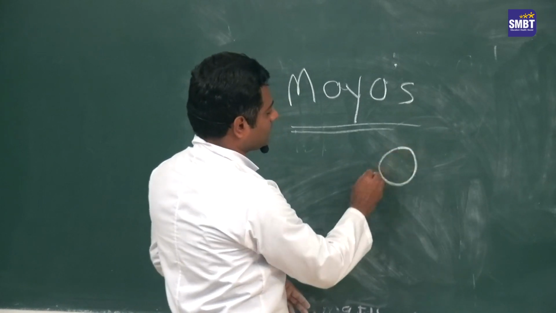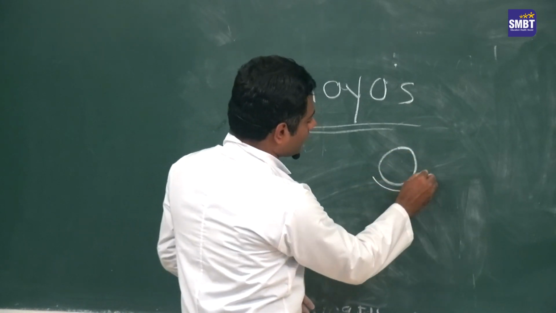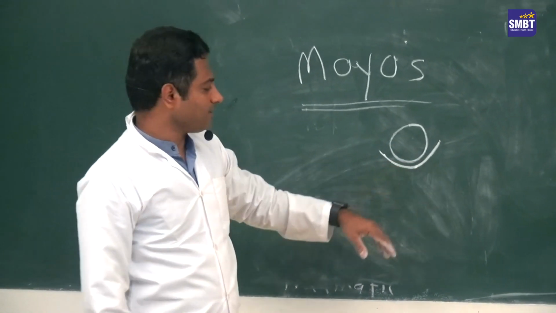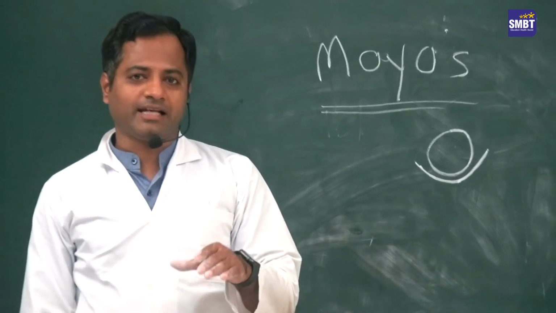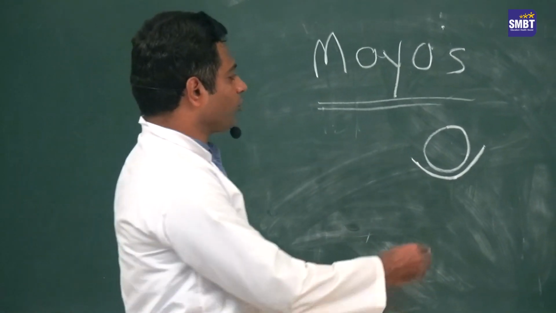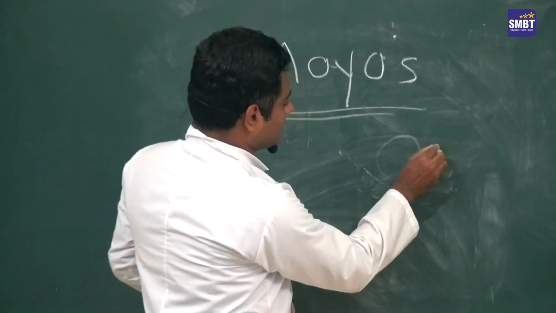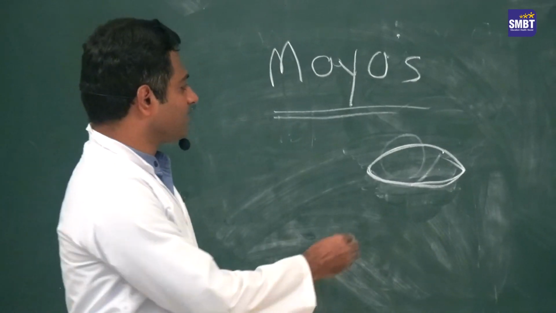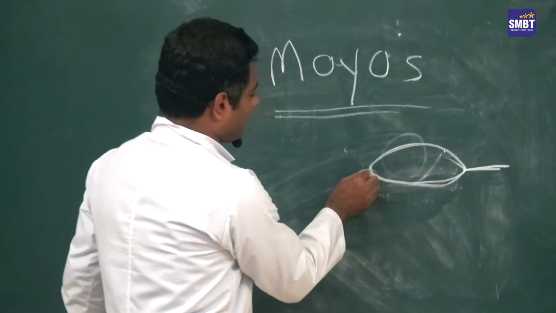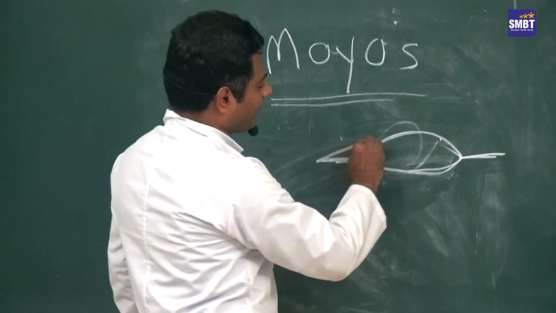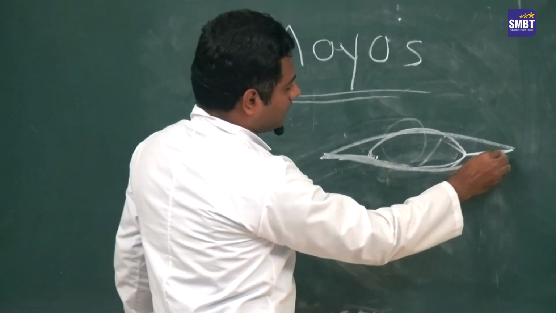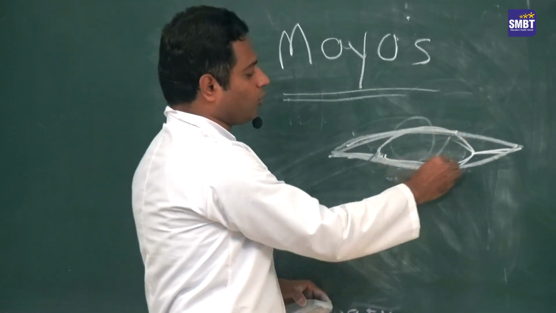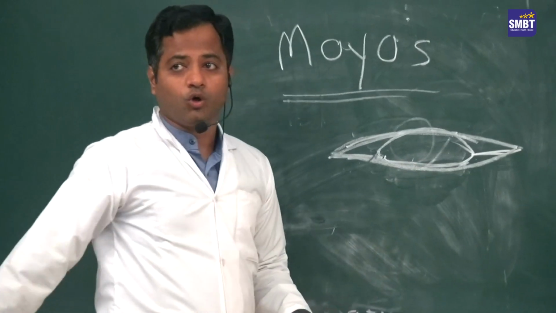Suppose this is the umbilicus, this is an umbilical hernia. Give a transverse incision on the skin below the umbilicus, dissect the umbilical sac, then identify the defect. Then, suppose this is the defect, now you should enlarge this defect a little bit laterally. So now the defect will look like this. Okay, so it has an upper lip and a lower lip.